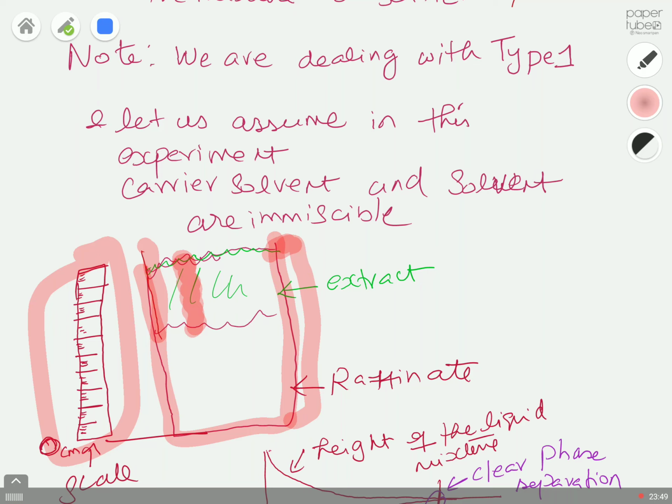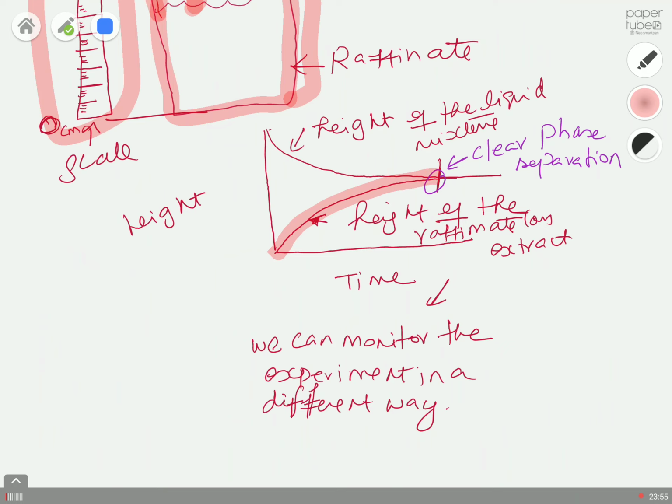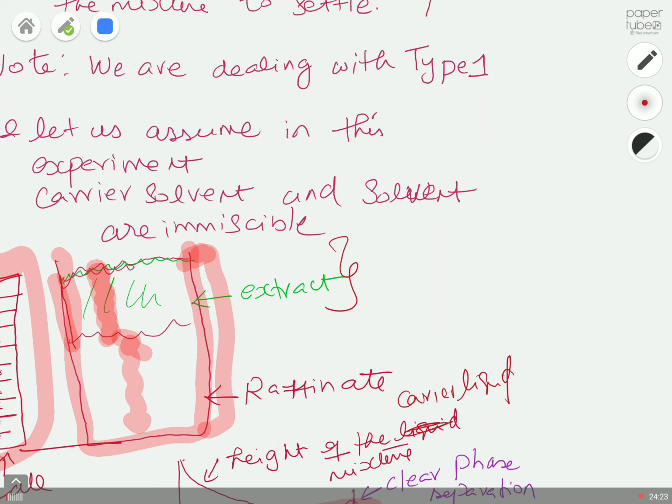You will see the height of your raffinate increase, which is this part. This is your carrier liquid, and the other we call the extract. And this is your total height